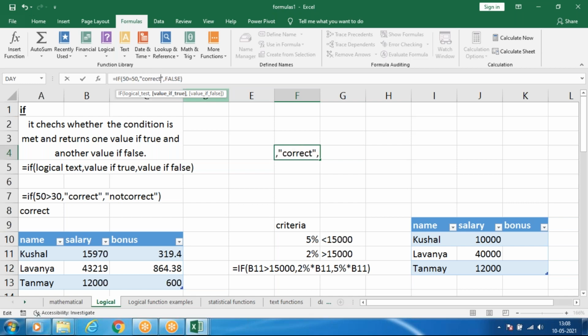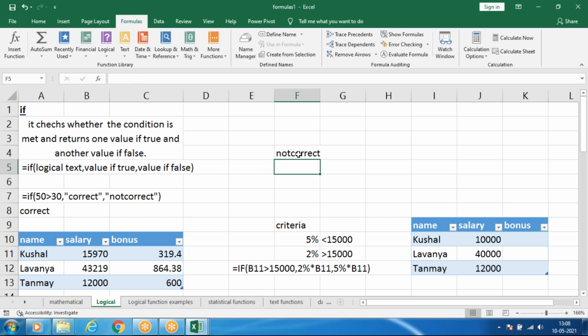If it is false, then not correct. That's it. So it is correct, 50 equals to 50. Suppose I change the value to 60, it will give not correct. That's it.